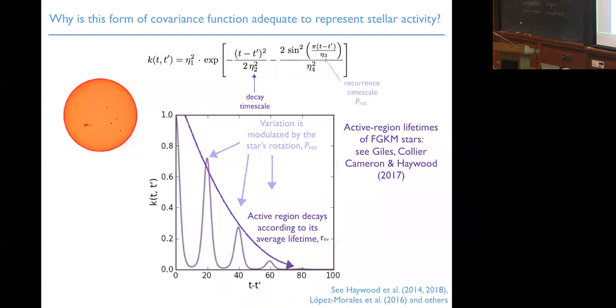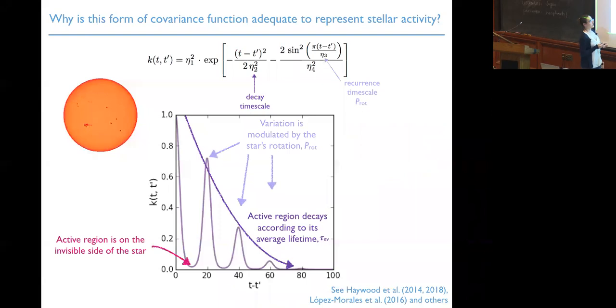So you can basically now get an idea of what the evolution timescale for your active region could be on your star. So you can get a value for this number, this decay timescale. And then I would like to talk a little bit more about this last parameter, which is maybe a little bit more elusive. We call it the structure parameter. And it basically dictates the shape of this. So yes, as my arrow points,